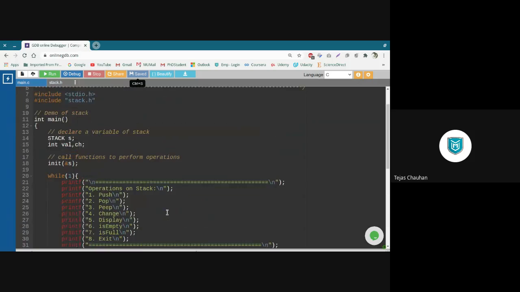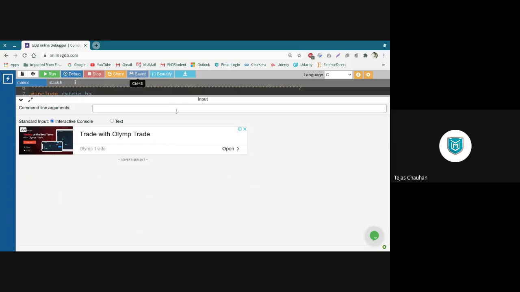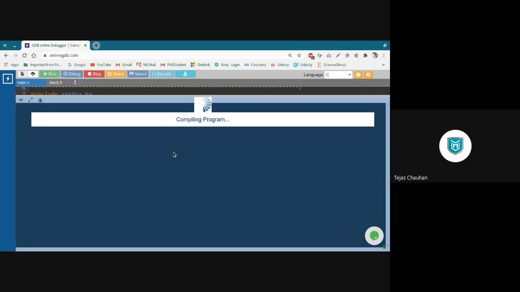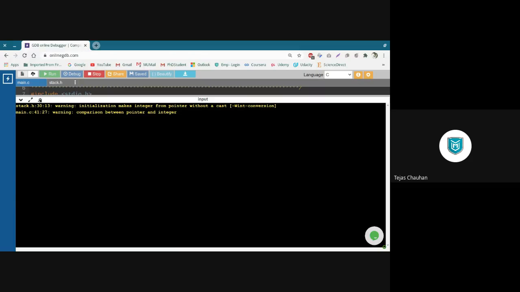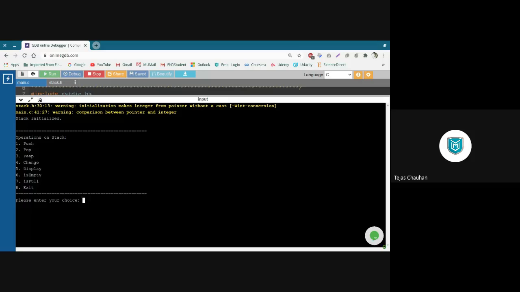So that is what we have done. Now I'm going to run this code once just to show you this is still working properly, and then you will create your practical 3 stack implementation using array like this one, like a menu driven program.